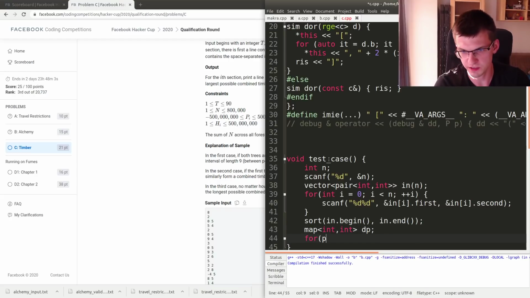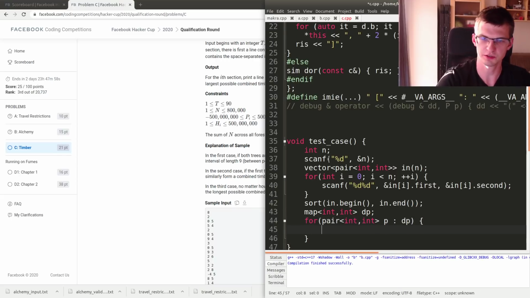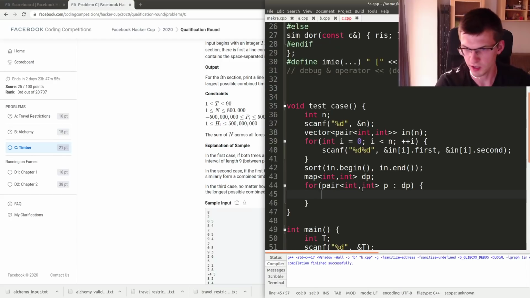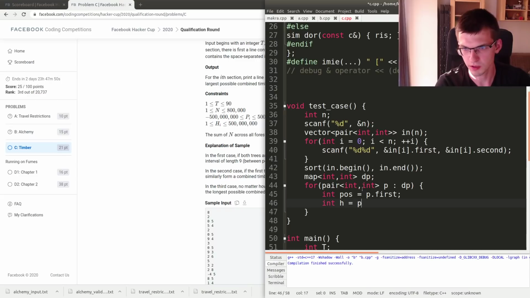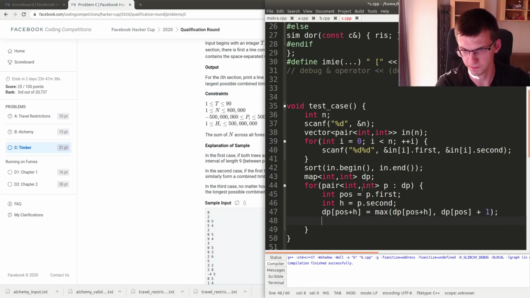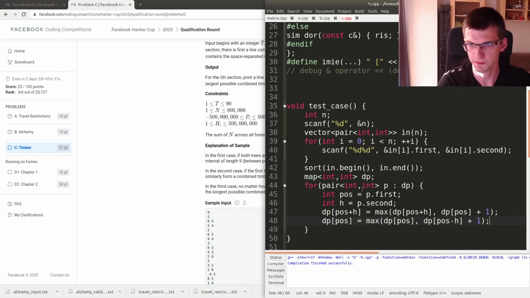If something doesn't exist, then it's 0 by default in C++ map. DP of some position will be the best possible score up to that position. And here two things. DP of height is that. DP of position plus height is the maximum of itself and DP of here plus 1. Plus 1. And actually the answer is